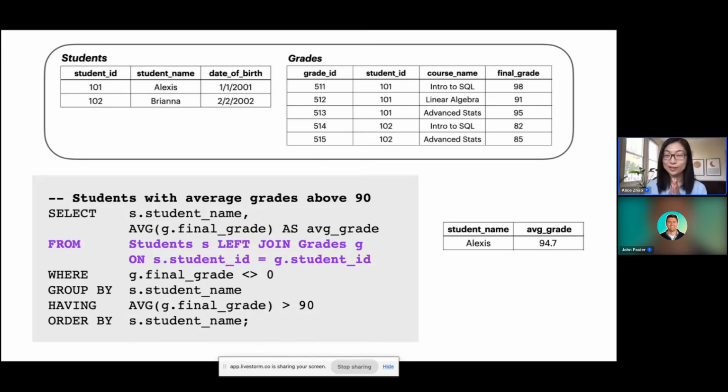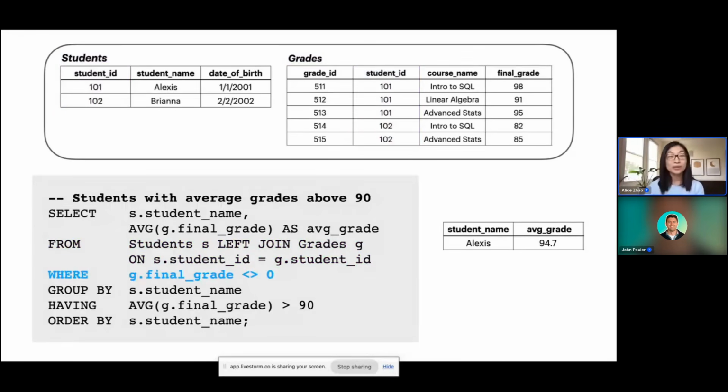We're joining those together, which is a more intermediate topic, but the idea is that the students table has the student name, and the grades table has the grades, and we want the name and the grades. So we need to combine those 2 tables. So here we have students and grades, and then here are the 2 columns that match, the primary key in the students table and the foreign key in the grades table.